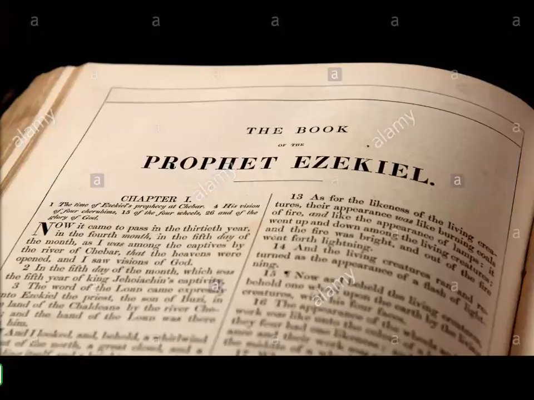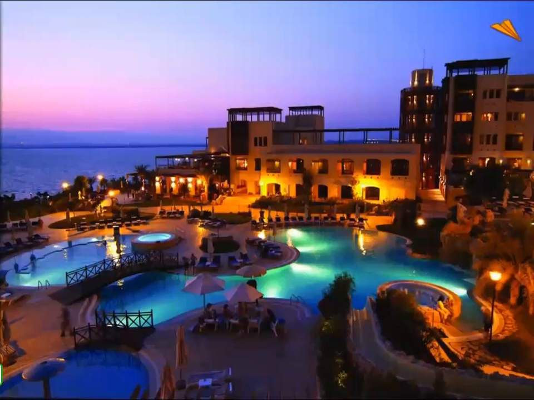In view of this, a prophecy in the book of Ezekiel chapter 16 is very interesting. It declares that when God gathers the Jews back to their homeland and restores them in the end time, he will also restore and repopulate the region of Sodom, that is the Dead Sea region. The extent to which the restoration has taken place since Israel's return to the land is evident in the many tourist resorts, such as this one, that now occupy this most inhospitable part of the